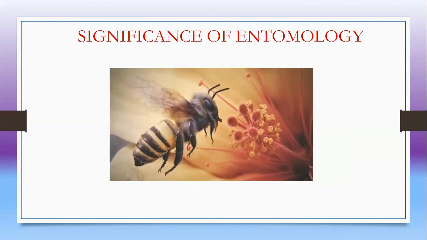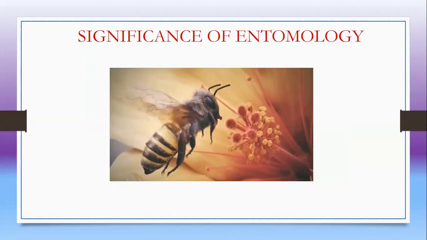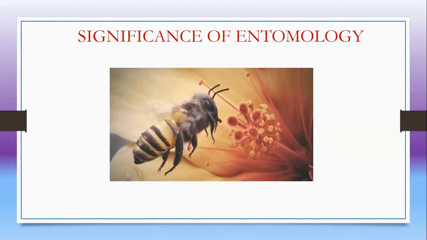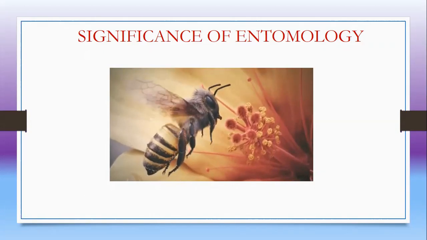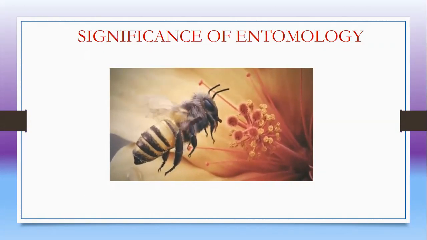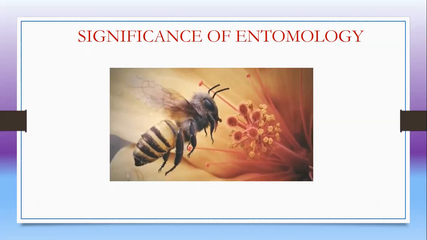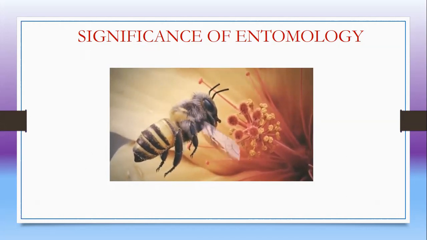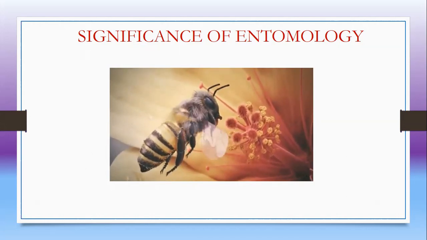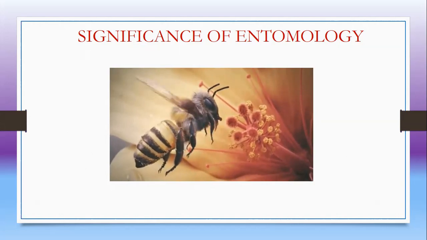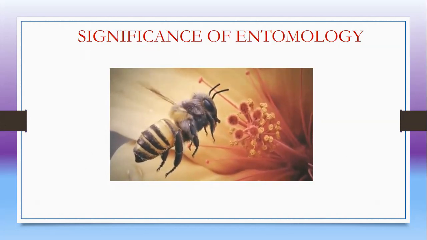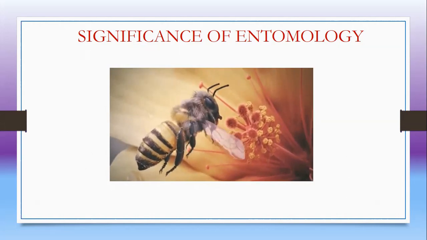These insects have lived on Earth for more than 400 million years and are the most abundant group of animals in the world. They are present in almost every habitat and play a significant role in agriculture, biodiversity, evolution, ecology, etc. Different insects have different characteristic features, and all are grouped into a kingdom called, what is that? Animalia, and class Insecta of phylum